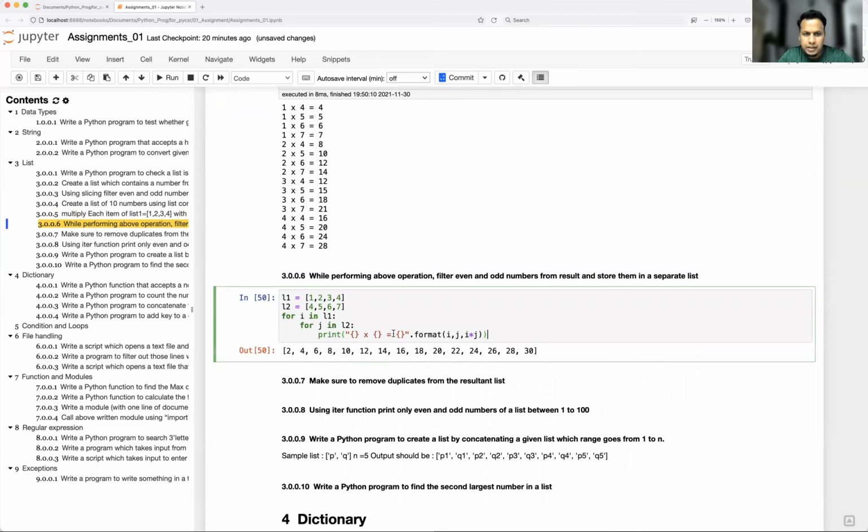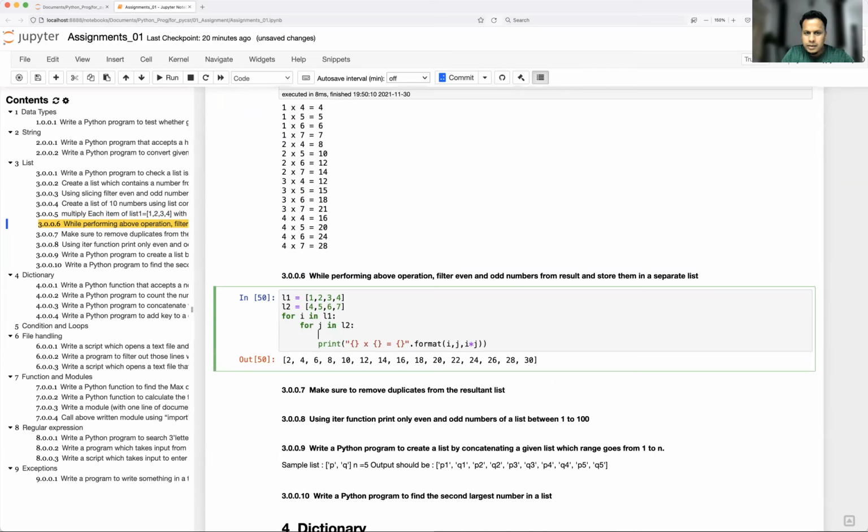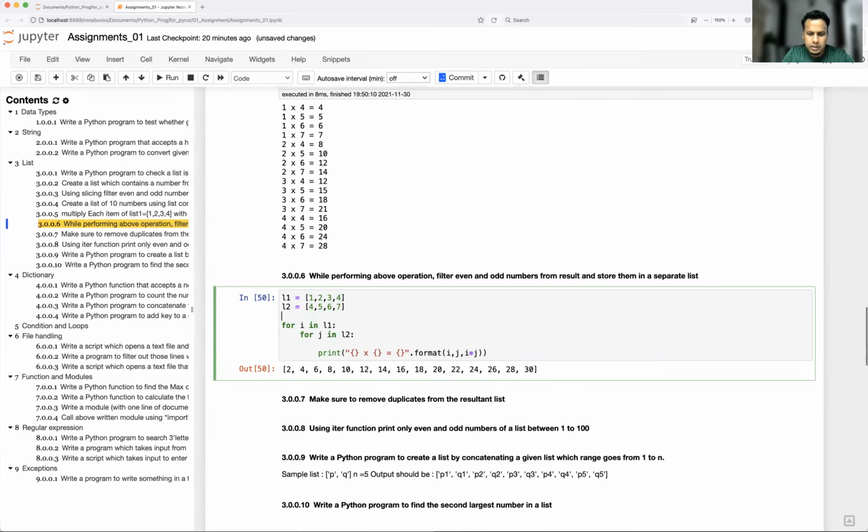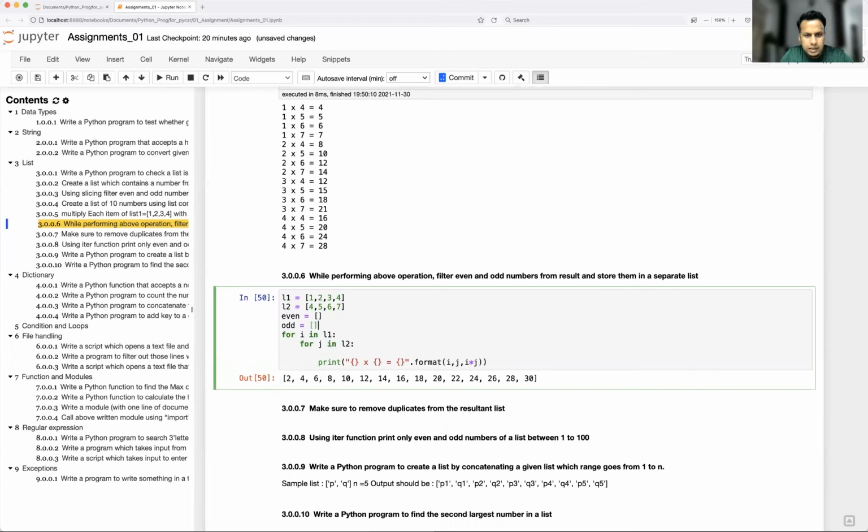We need to filter them and store them in a separate list. So I can use even equal to empty list, odd equal to empty list. If i multiply j modulo 2 equal to 0, it means it is an even number.